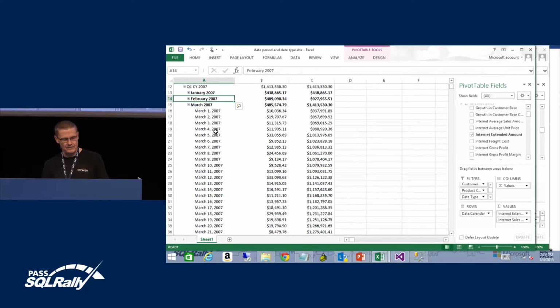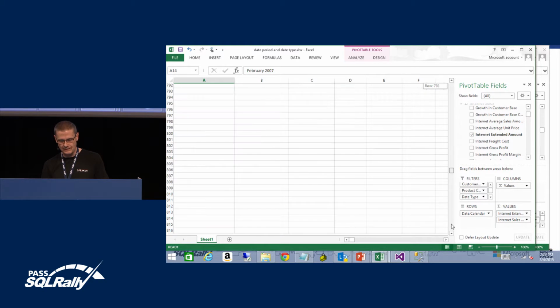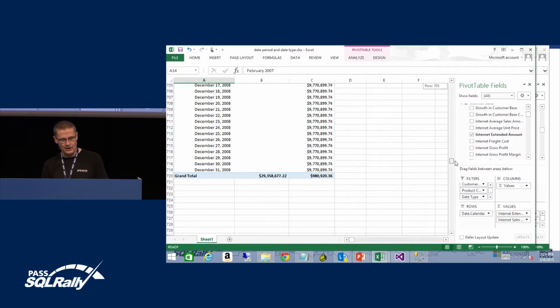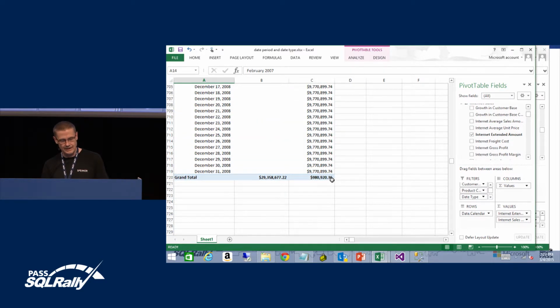If you look at the value for March 4th, it's 980,000. And that is, in fact, the value that's going to show for the all member, 980,000. That is the year-to-date sales as of March 4th. And again, it's showing that because that's the way I programmed it, so that not only can we show the roll-up from day to day, but I can put,